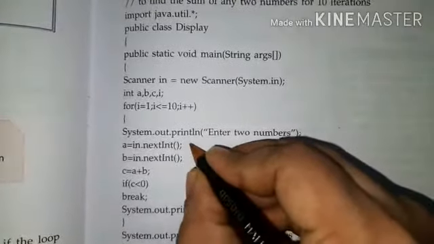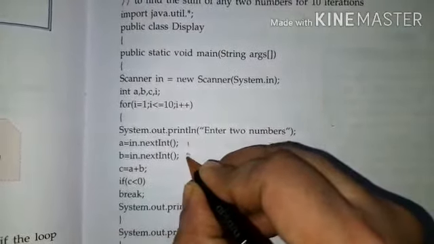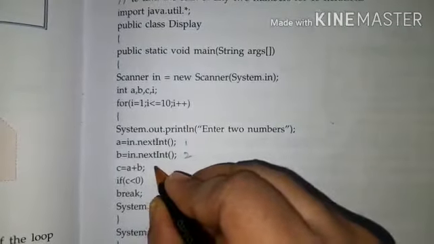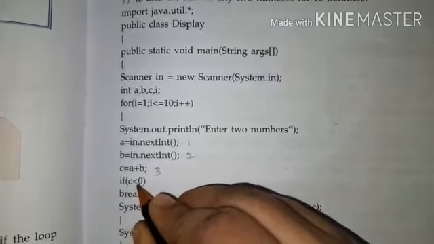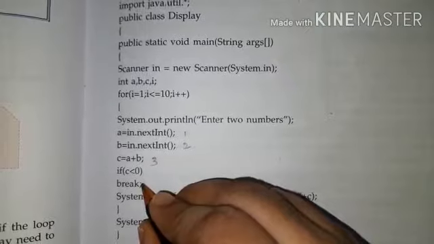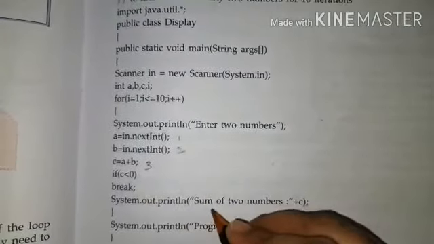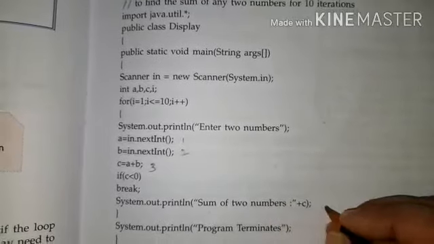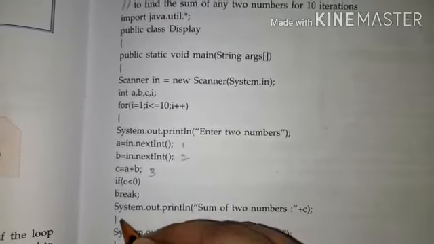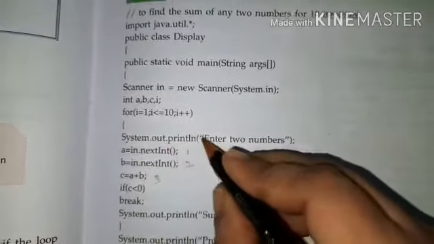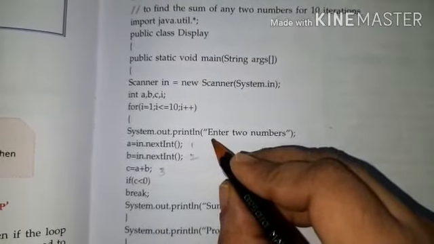Then it will ask for the two numbers. In the first case I have taken 1 and 2. So here the C value is 3. So 3 is not less than 0. So this break statement will not execute. Here it will come and display sum of the two numbers, then 3. And then it will come here, then I will increase to 2. Again it will enter here and it will say